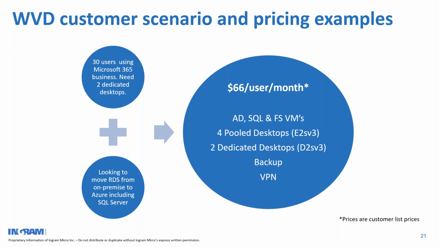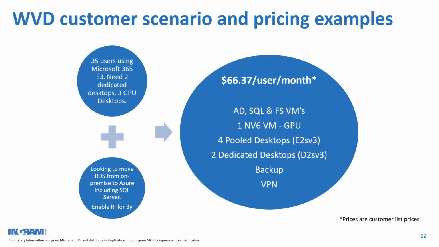Now this includes Active Directory, file server, and SQL Server virtual machine. Uptime of all these, backup of all these virtual machines, plus the Windows Virtual Desktop infrastructure backup. So the Windows Virtual Desktop infrastructure includes 4 pool desktops and 2 dedicated desktops. I have mentioned the specs of them, and it includes site-to-site VPN. Right. The last scenario,